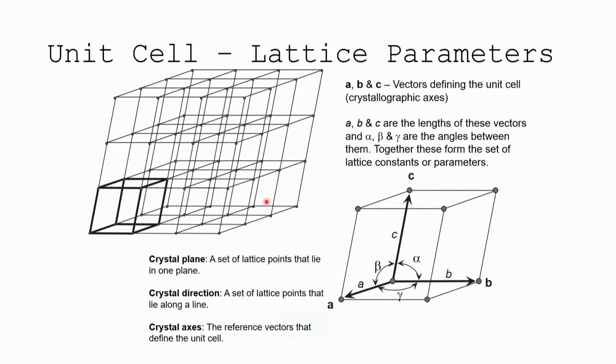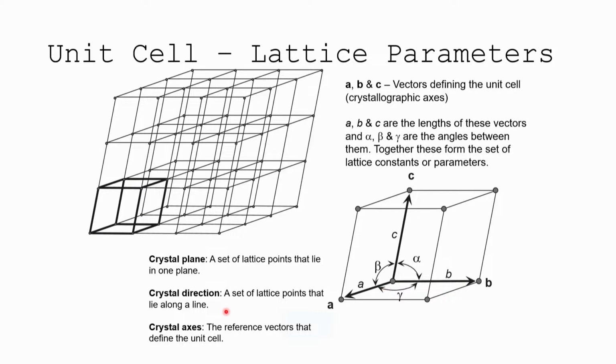All right, lattice parameters. We define lattice parameters. So if we have some cell here, which is our primitive unit cell, then we can define our parameters A, B, and C, which are the lengths of the sides. So these are vectors defining the lengths of the sides. The angles between these, alpha, beta, and gamma, are the other parameters that define the unit cells. So we call these the lattice constants, right? The lattice parameters or the lattice constants. A, B, C, alpha, beta, gamma. And those can be used to define all the structures that we're going to be talking